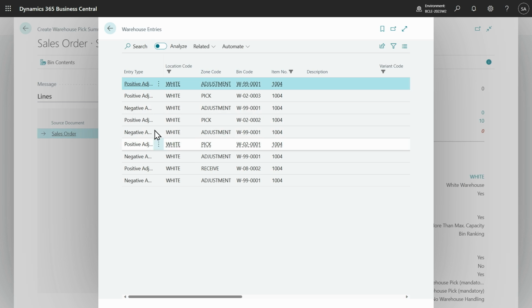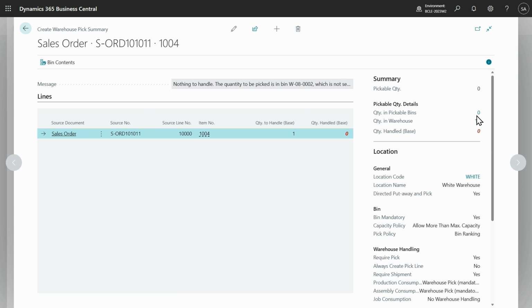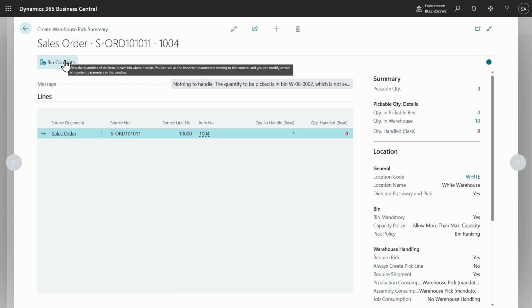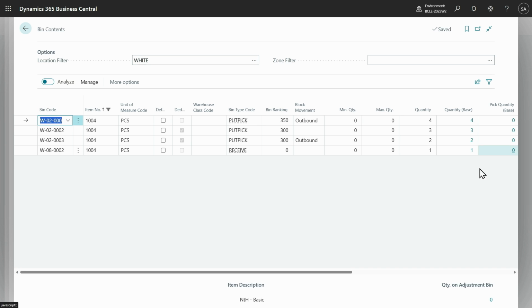I can explore ledger entries, that's not super useful, but I can go and explore bin content. It will also show me how these 10 are distributed. And yes, I have a lot in my warehouse in different bins. 9 of them pieces are in the pickable bins, but unfortunately it is either blocked or dedicated, means it has a very specific purpose and not for picking, or both, dedicated and blocked. And I also have one piece outstanding in the receive bin.